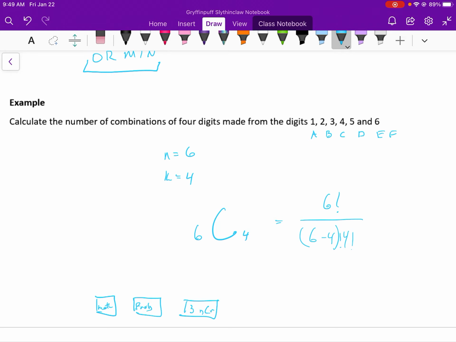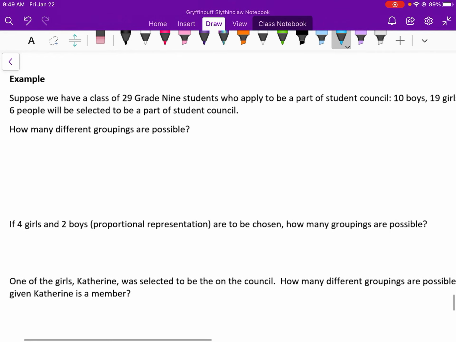So I'm going to choose that one, number 3, nCr, 6 choose 4. And what I get is there are 20 different combinations. Now, these two would be considered one combination. They're indistinguishable. Order doesn't matter. So suppose